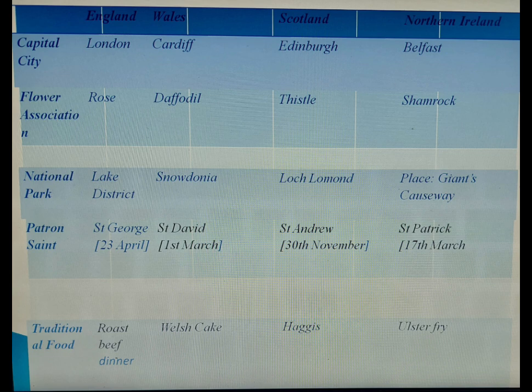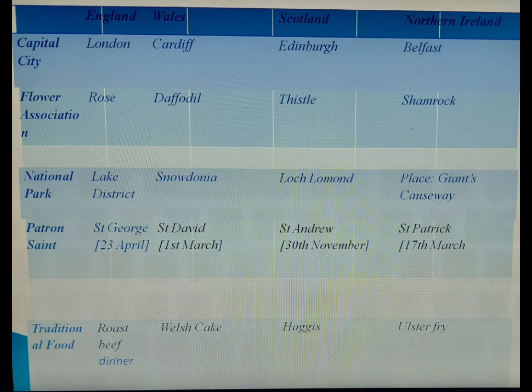And flower association: England rose, Wales daffodil, Scotland thistle, and Northern Ireland shamrock. National Park of England is Lake District, Wales Snowdonia, Scotland Loch Lomond, and Northern Ireland the popular place is Giant's Causeway. And the patron saint of England is St George, and Wales St David, and Scotland St Andrew, and Northern